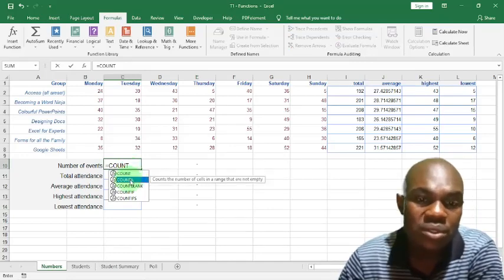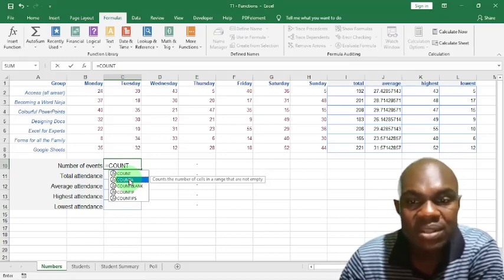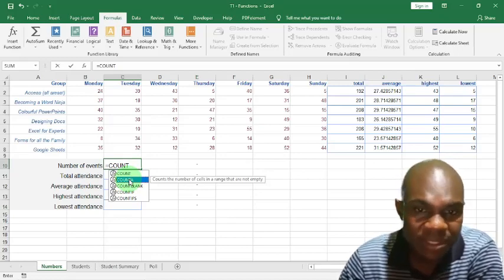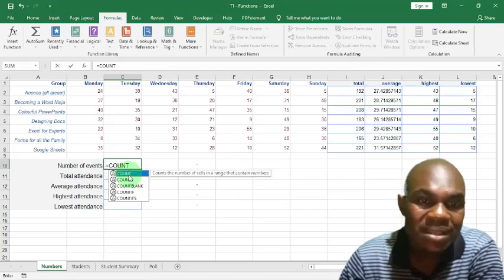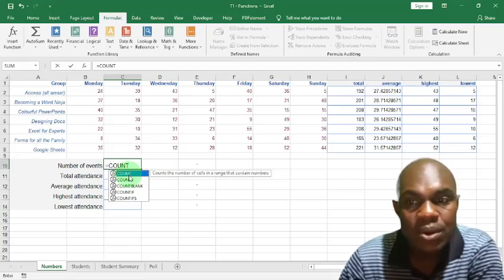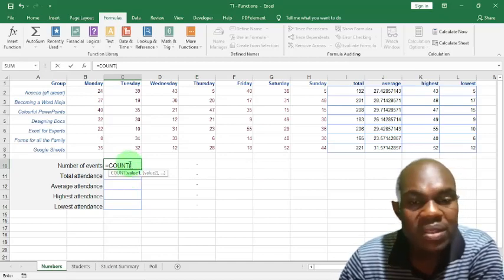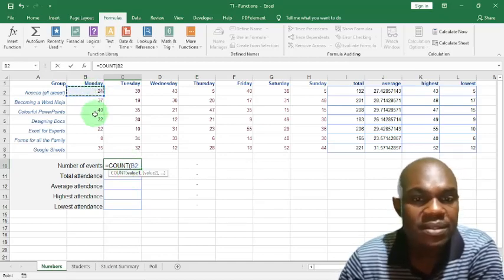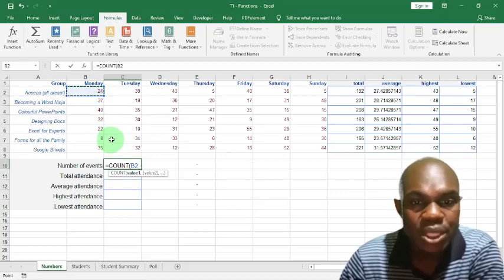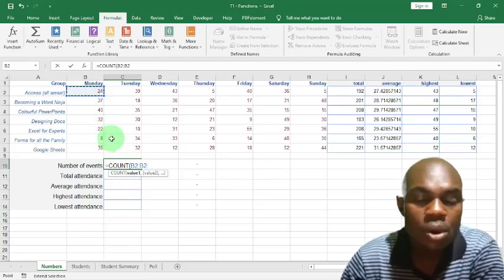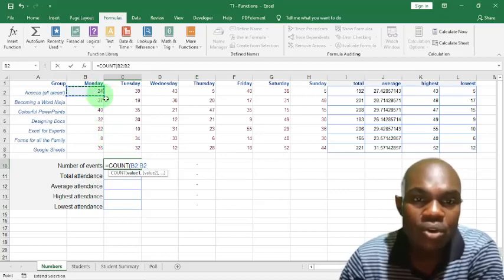We can as well use the counta function. The counta function will count the number of cells in a range that are not empty. But we don't want cells that are merely not empty. We want cells that contain numbers. So I'm going to use the count function. When it opens the bracket, I put my first reference. The first reference is B2, and I'll be using the colon notation such that it should give me across a